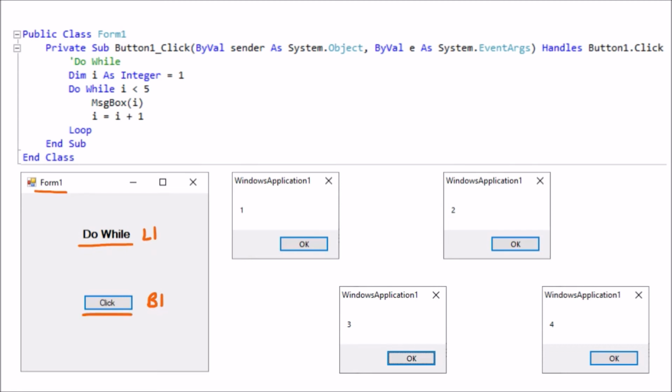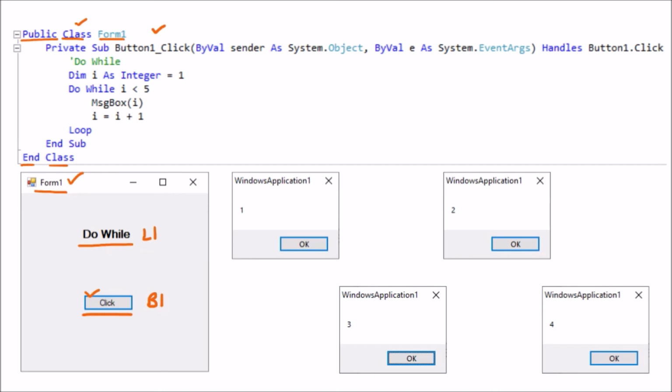Now we want that the coding should be there on the click button, so we double click on this button and afterward this coding is taken. Now here we can see that class form1. Now this form1 class is created public because it can be accessed outside. Then end class. So class is ending with the end class.